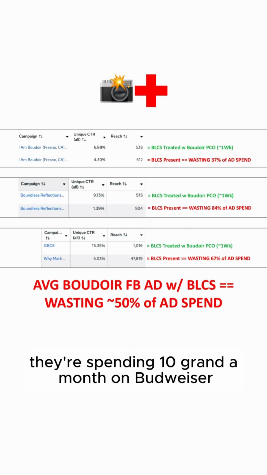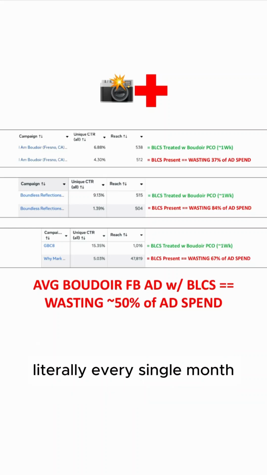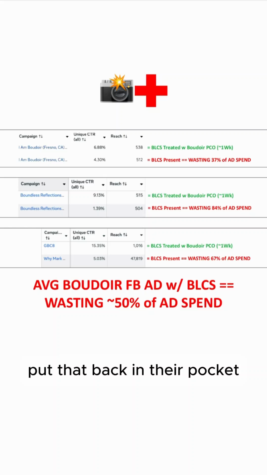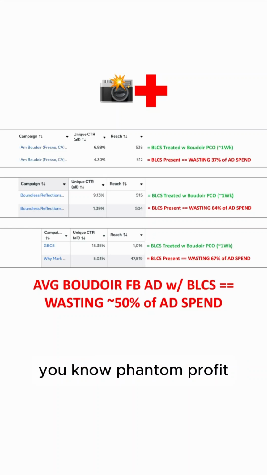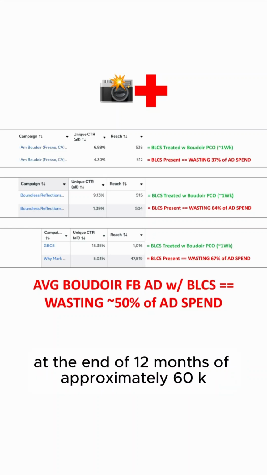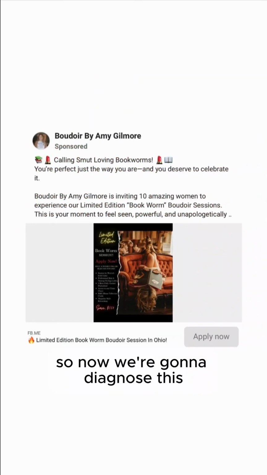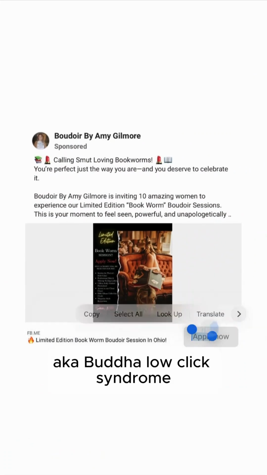So if they're spending 10 grand a month on Boudoir Facebook ads, approximately 5K every single month is being wasted, literally every single month. If we can eliminate that and put that back in their pocket, it's basically an approximate bonus or phantom profit at the end of 12 months of approximately 60K. So now we're going to diagnose this, if we believe it has BLCS, aka Boudoir low click syndrome,